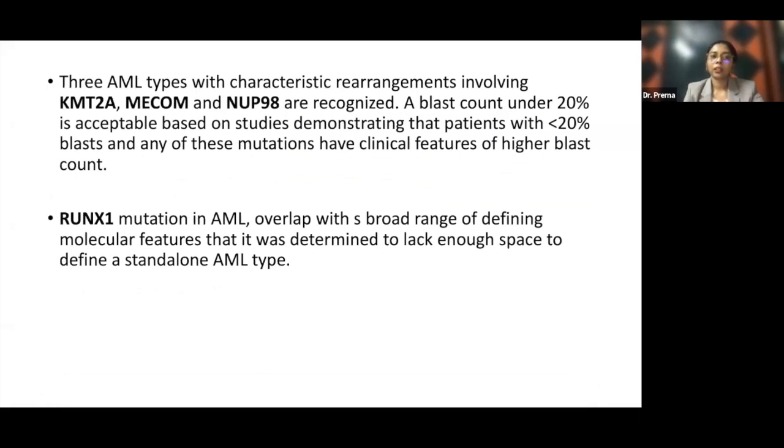Three AML types with characteristic rearrangements involving KMT2A, MECOM, and NUP98 are recognized. A blast count under 20% is acceptable based on studies demonstrating that patients with less than 20% blasts and any of these mutations have clinical features of higher blast counts. So again, if these mutations are present, even if the blast count is low, we need to treat it as AML, and the clinical features will be like a high blast count, even though you are seeing fewer blasts in